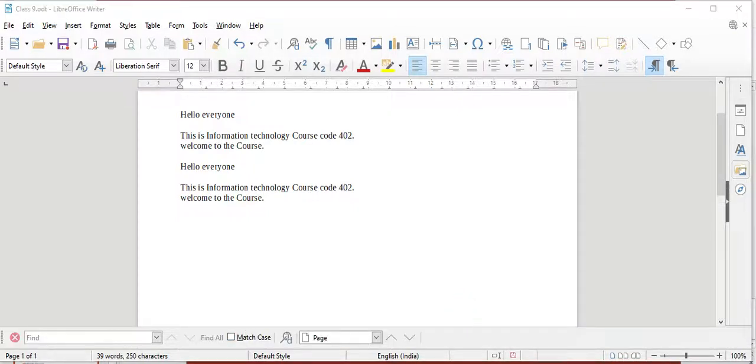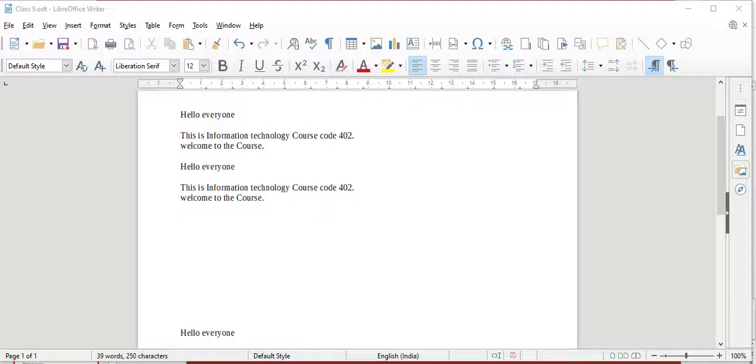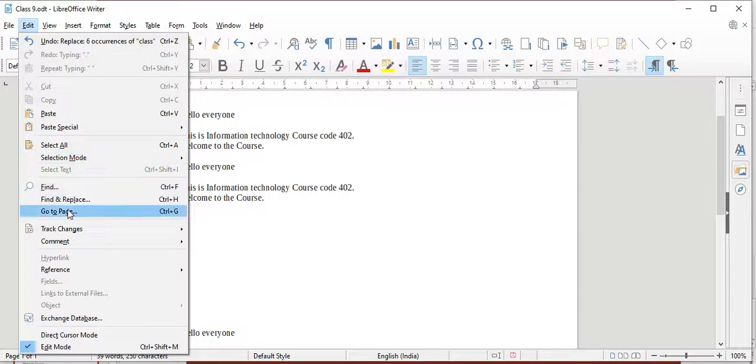Now the next one is jumping to a page number. If you have a very big document, sometimes we need to jump to particular pages, and it becomes very difficult to scroll down if you have more than 100 or 200 pages. So how can we do it? Go to the Edit menu, and there is a Go to Page option.